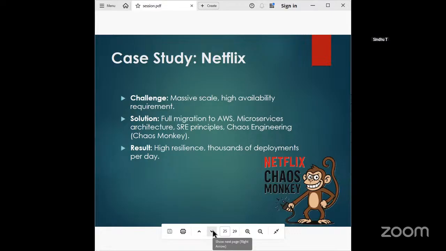So there is a strong SRE culture and they embrace microservices, intentionally breaking things in production to build resilience in a safe manner. This culture allows them to deploy thousands of code changes a day while maintaining incredible uptime and global scale. Each and every minute and hour, they are changing something in Netflix, right? If it is a monolithic or giant application, it will be very difficult to update changes within minutes. It takes days or weeks, and that may not be secure.